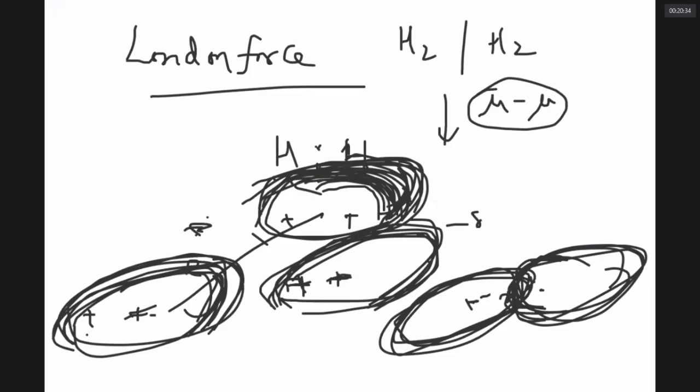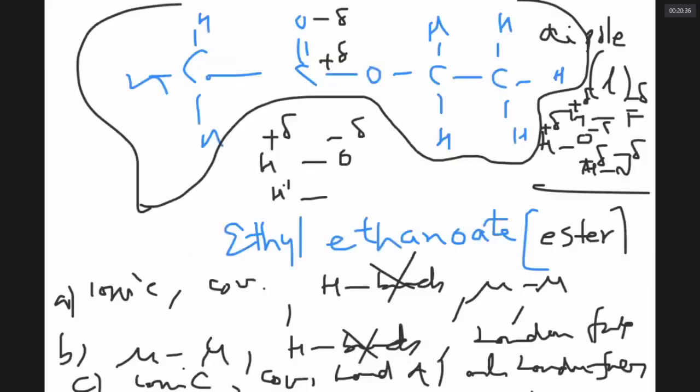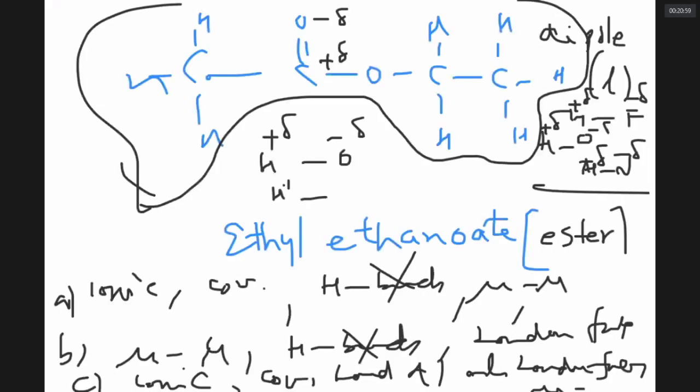You look at them. Now, at the moment, I would like to point out in ethyl acetate or ethyl ethanoate, what forces are operating? Only London forces and dipole. It will have dipole also, because we have shown it has a dipole. Sure, it has dipole attractions and the London forces. These two are there. Hydrogen bonding is not there. Ionic bond is not there.